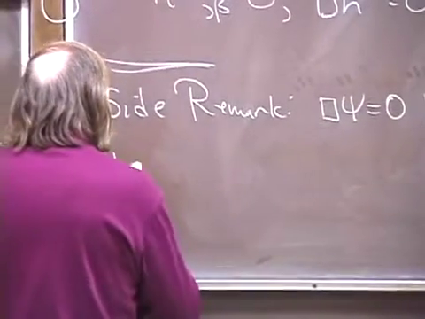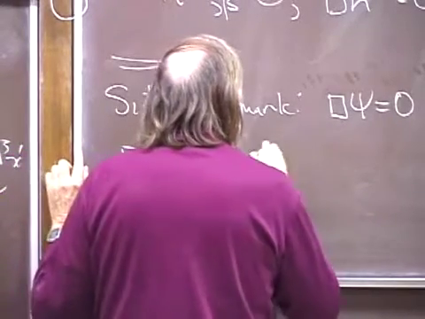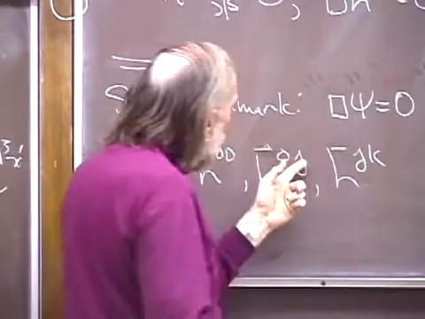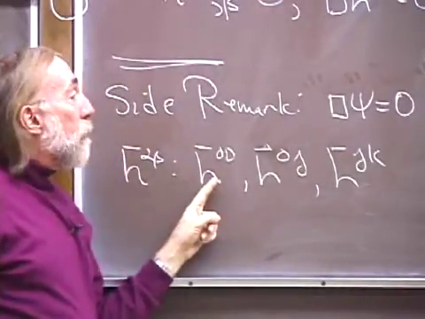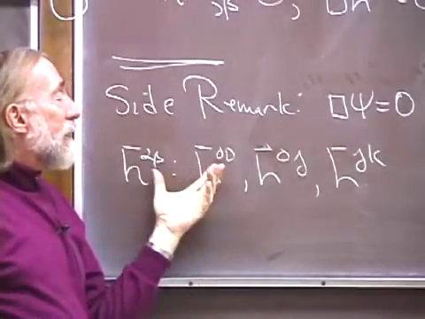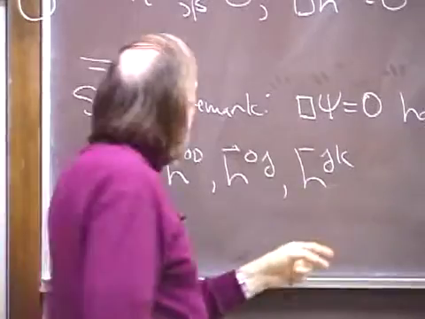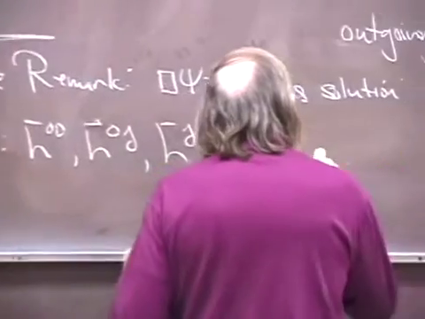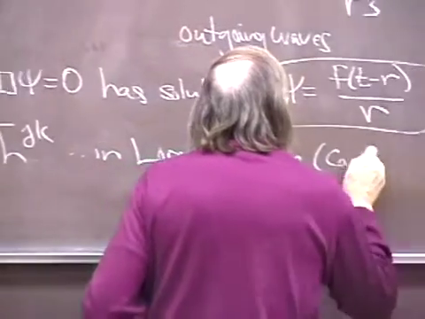So the components of h bar alpha beta are h bar 0 0, h bar 0 j, h bar j k, where these are Cartesian components on the j and the k. And the wave equation in Cartesian coordinates, working with Cartesian components, has the same form mathematically as the scalar wave equation. That is, in our Lorentz frame, using Cartesian coordinates for the space,